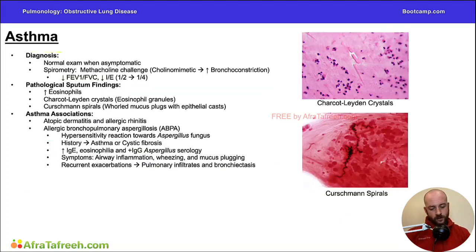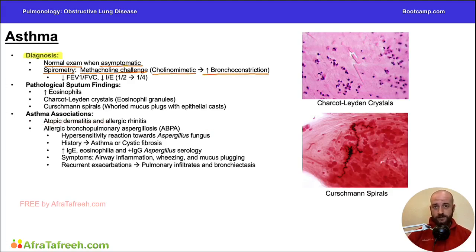Okay, now we're going to go over the diagnosis of asthma. So recall that asthma is episodic, so usually these individuals will have a normal exam when they're asymptomatic between episodes. So one of the ways that we diagnose asthma is by inducing an episode in the doctor's office and then taking spirometry measurements. And one of the ways that we induce an episode is by doing something called a methacholine challenge. Methacholine is a cholinomimetic, and so it's like acetylcholine, and therefore it'll cause bronchoconstriction, especially in a patient that